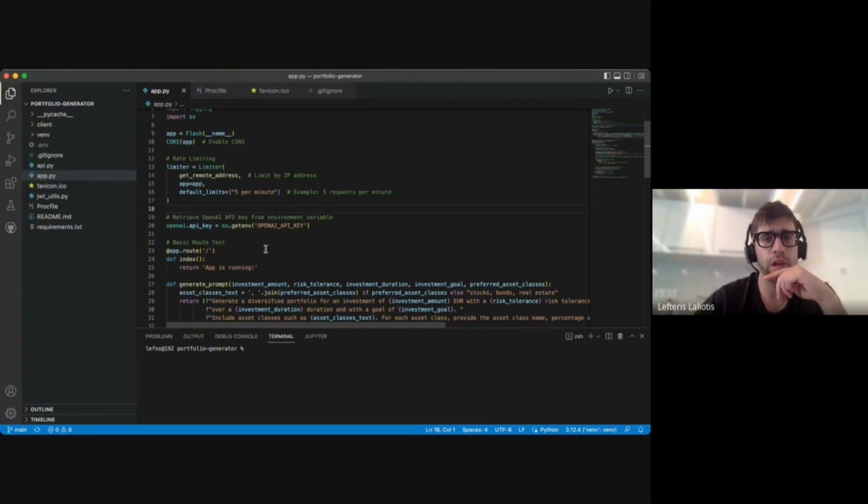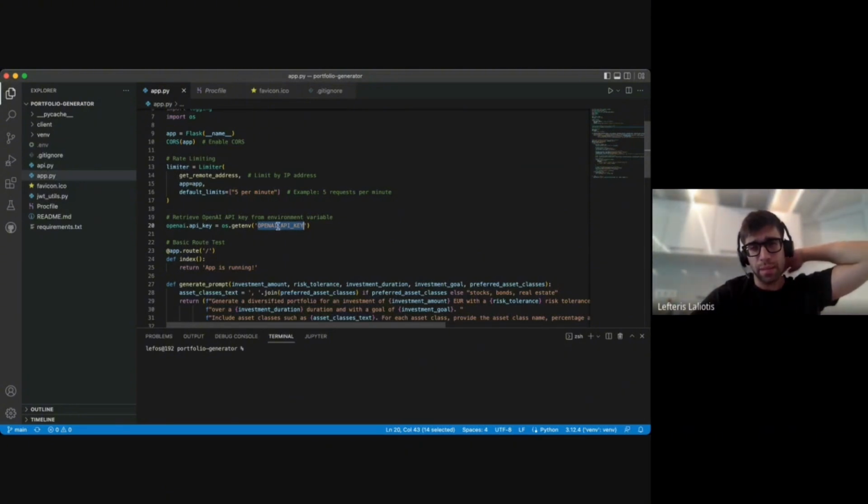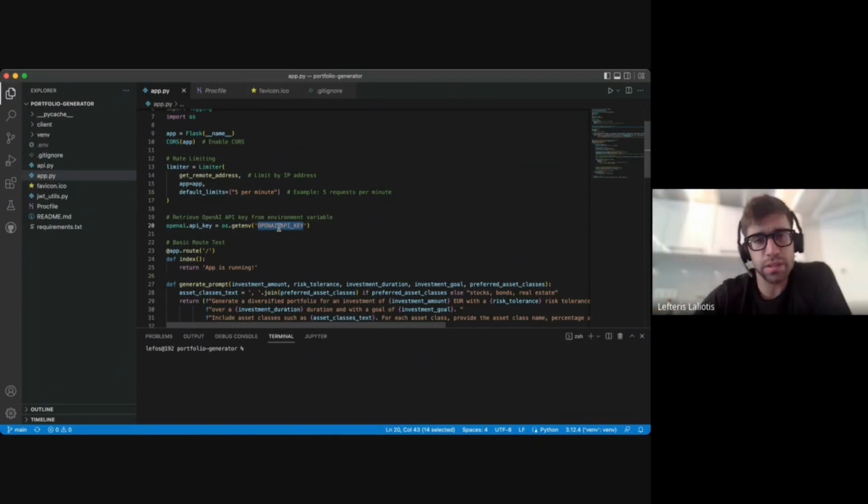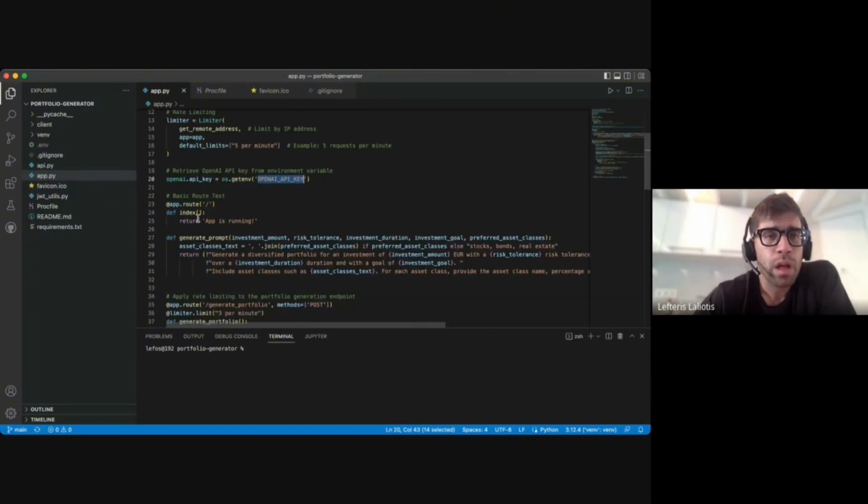Here, I retrieve the OpenAI API key, and you see here, I have created a variable because I don't want to reveal my secret key. If this is leaked, they can abuse it and you will lose all your OpenAI credits. This is just a root test. I have implemented this piece of code because I just want to make sure that my app is actually running. Nobody sees this because it's just a check for me.